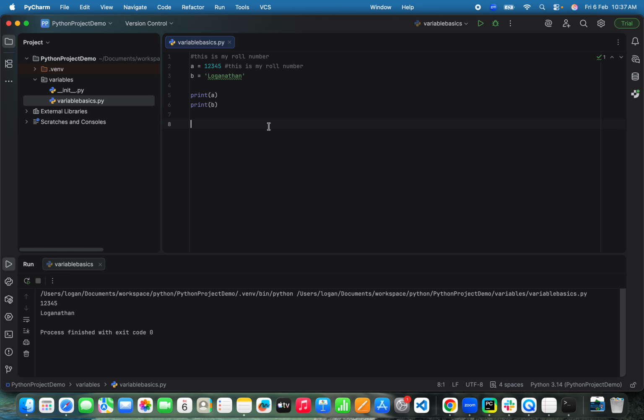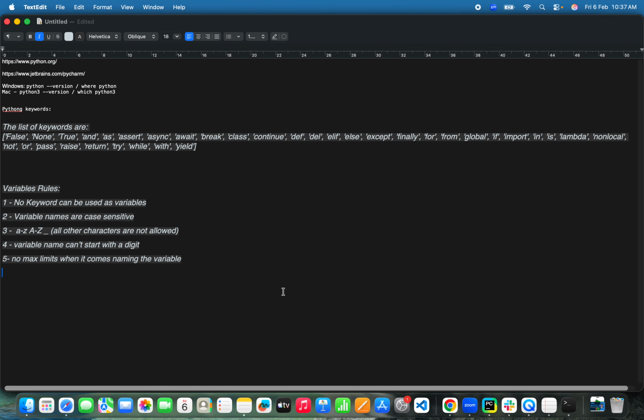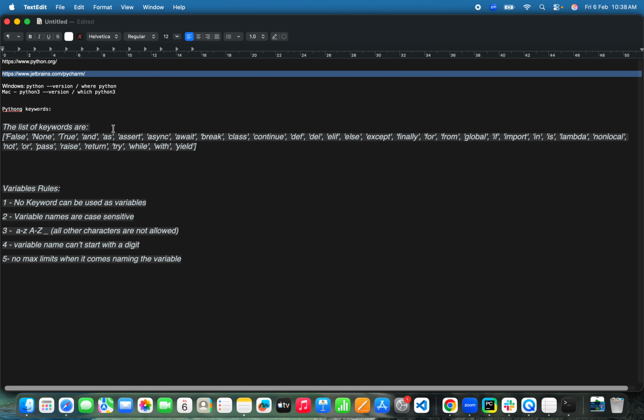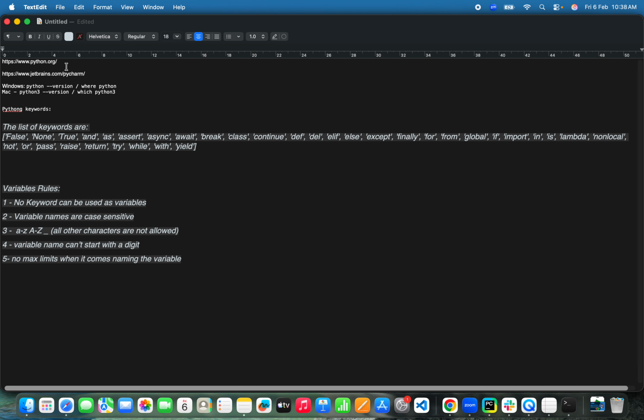All right, we have covered basics of variables today. Let me go back and see if we can summarize what we have seen today. First is from where we can download Python and install, and then next is from where we can download and install PyCharm, the IDE. And once the Python installation is done, how can I ensure Python is installed in my machine? By going to the command prompt or going to the terminal in Mac, we can run these commands to ensure Python is installed. Once Python is installed, the next thing is go to your PyCharm, and in the PyCharm,